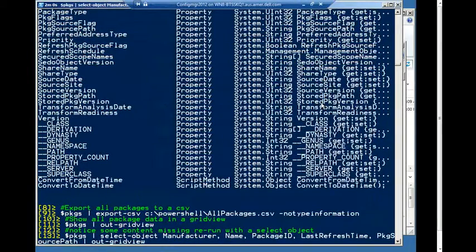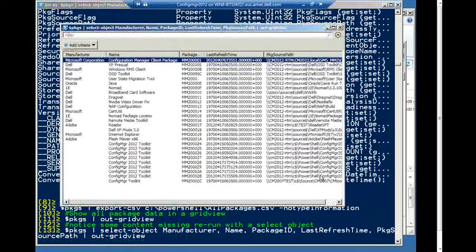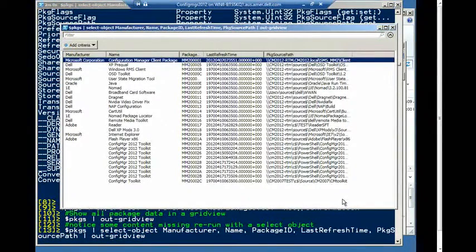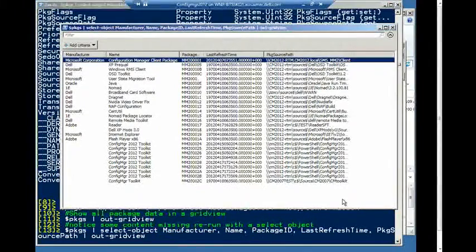Where I'm getting to is this magical package source path. In Config Manager 2012, there's a couple things with package source path that you want to be aware of. A lot of things require a UNC path. I think packages, you can actually migrate them, but if you're using a migration tool to 2012,